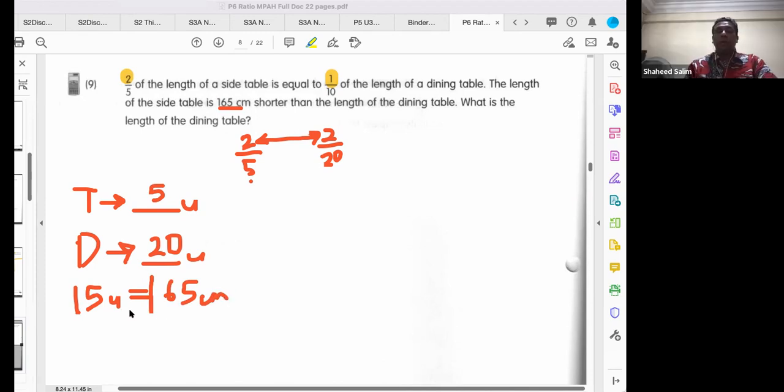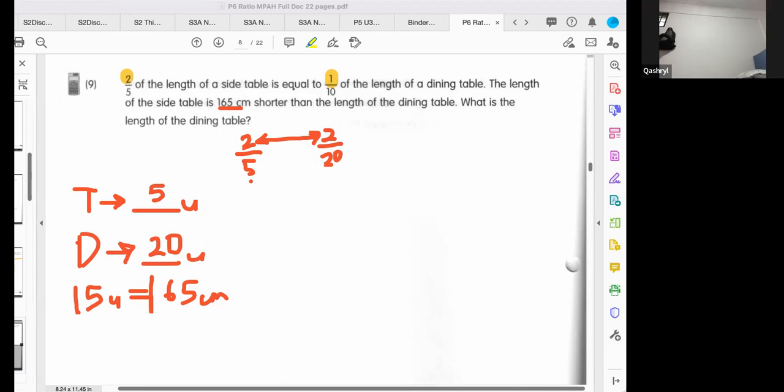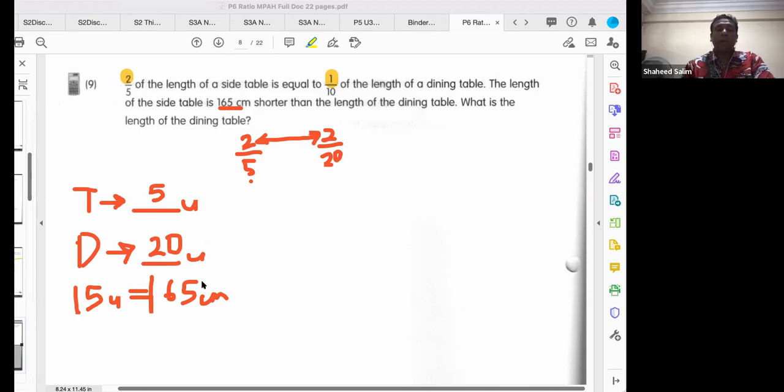Well done. So down here now they tell you the difference is 165, and then the answer is 220. Some of you say I don't see the word difference. What? You see the length of the side table is shorter by 165. Okay, that means it is the difference. So you find what is 1 unit: 165 divided by 15, and you will get, according to Mr. Riley,